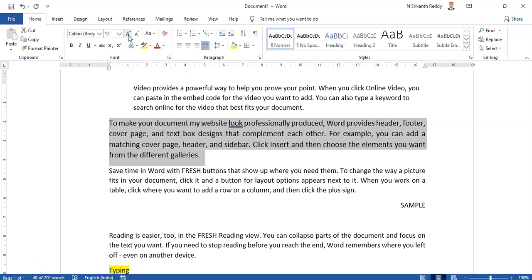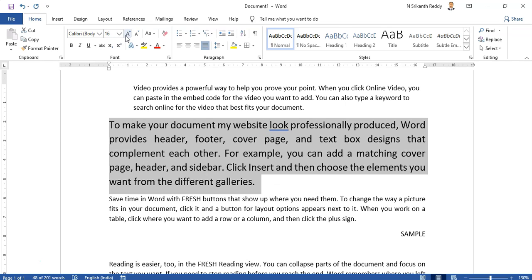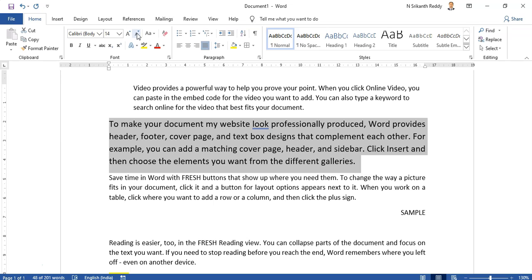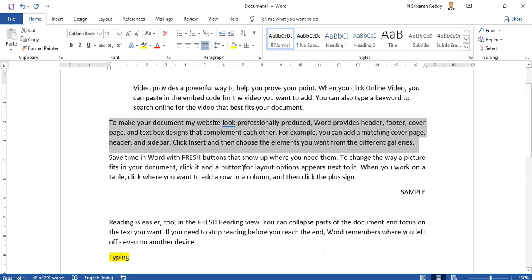When I click, it becomes 12, again 14, again 16. Now if I want to decrease, there is a decrease button. There is also a shortcut key, Control Shift less than. So you can press Control Shift less than: 14, 12, and again 11.